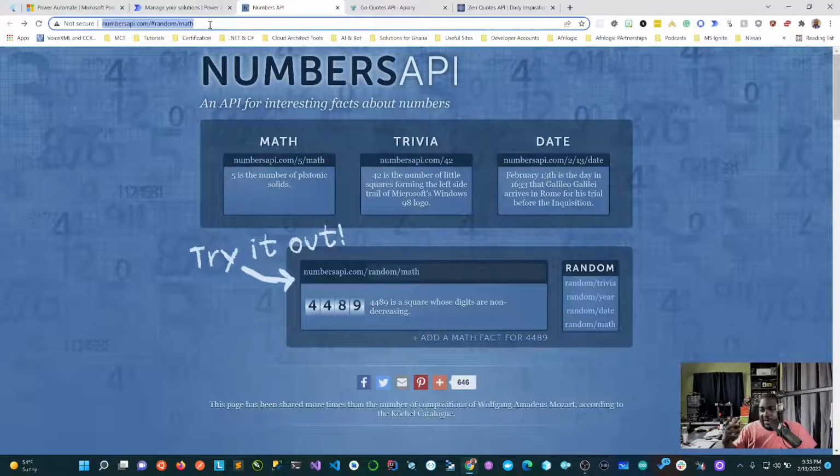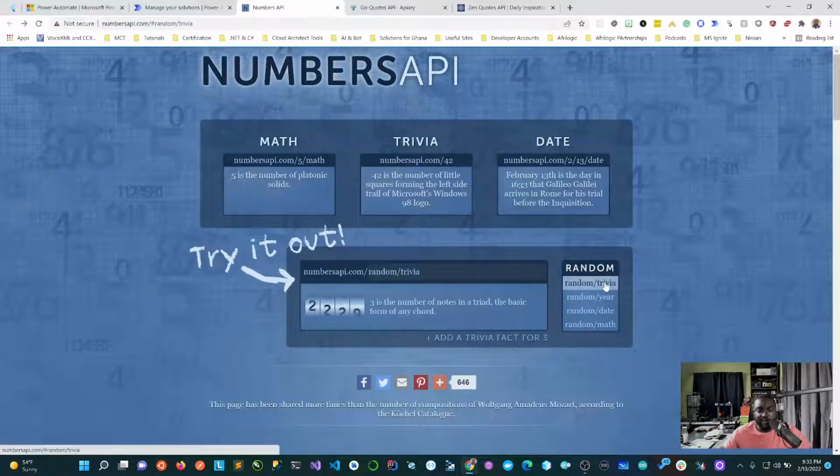Now, Bennett, we're going to do something very simple. We're going to create a scheduled Twitter post. So let's say every 2 minutes, for the sake of time, it should tweet a random number fact from my account, right? If you were to do this as a developer, imagine how long that's going to take you, right? So you can see the random number, the trivia, the date. I can use any of this, like math or stuff. I can say I want to do trivia, whatever that is. Let's probably even keep it to trivia.